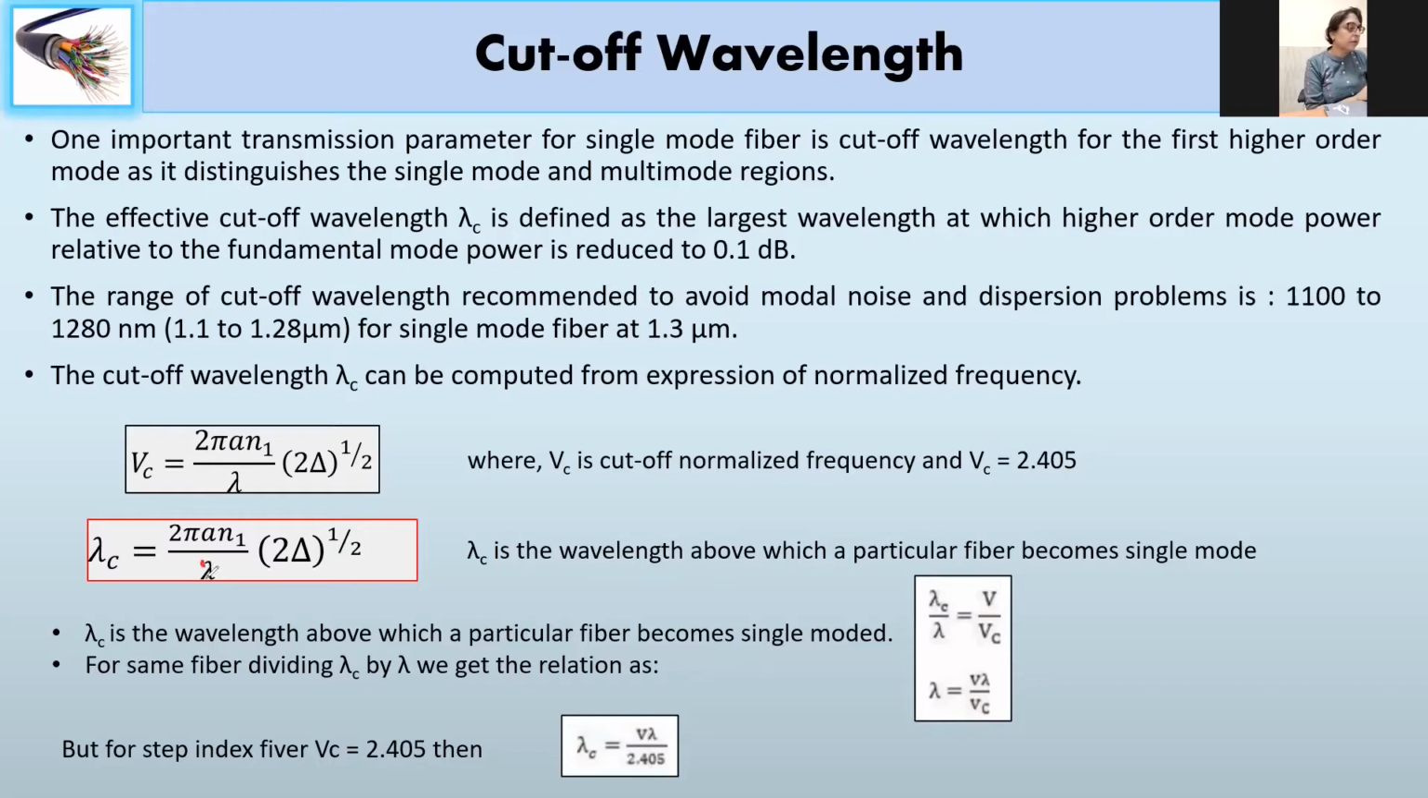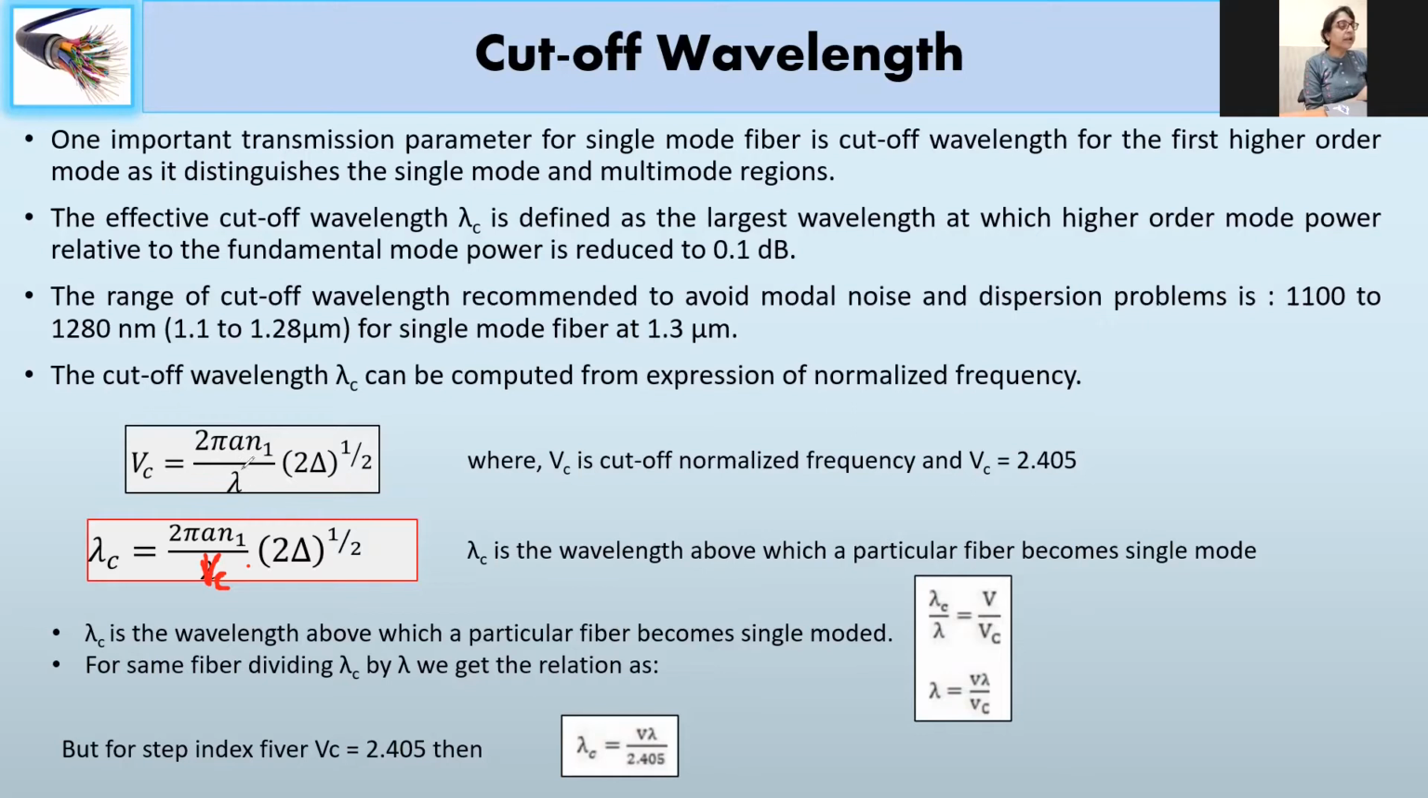So lambda C corresponds to this, just a correction here. Lambda C corresponds to 2 pi a NA by Vc, where Vc is your cutoff for, say, single mode. Whichever number of modes you say, for that it will give you a cutoff wavelength. Now this cutoff wavelength is basically to tell you that all the wavelengths,